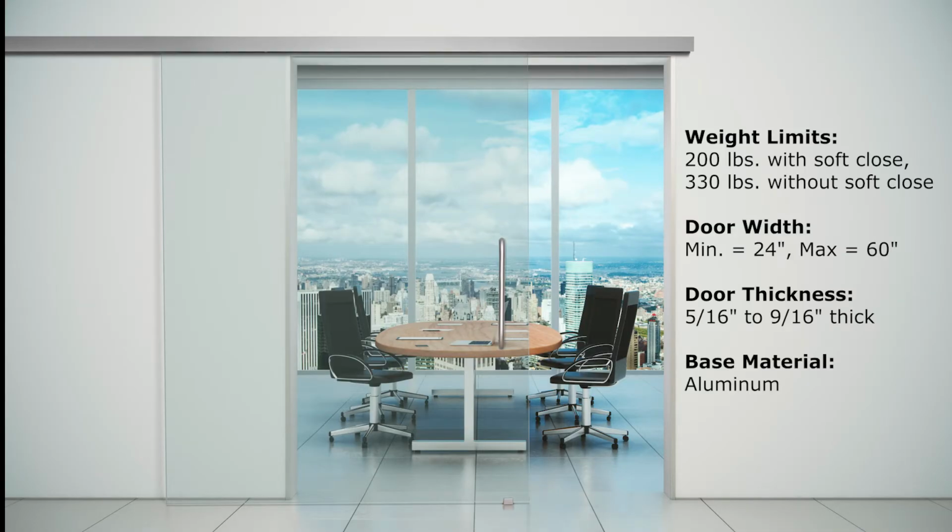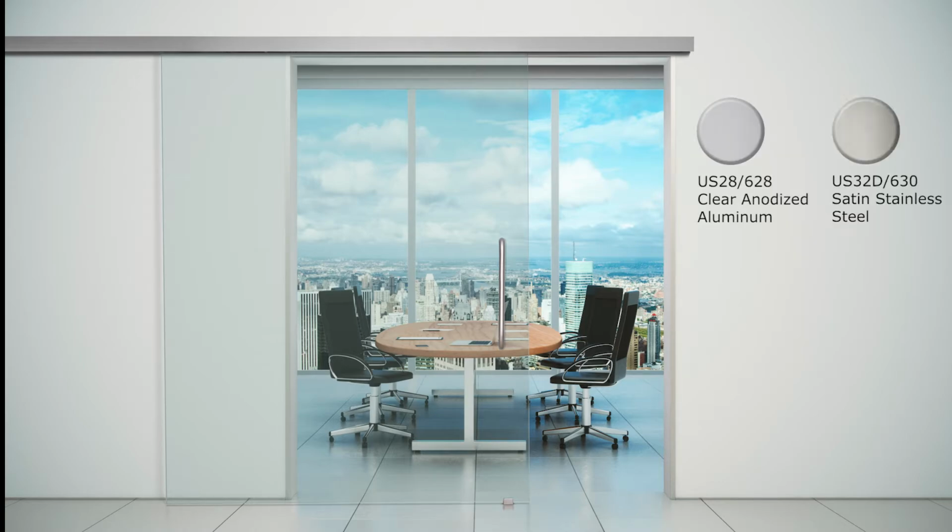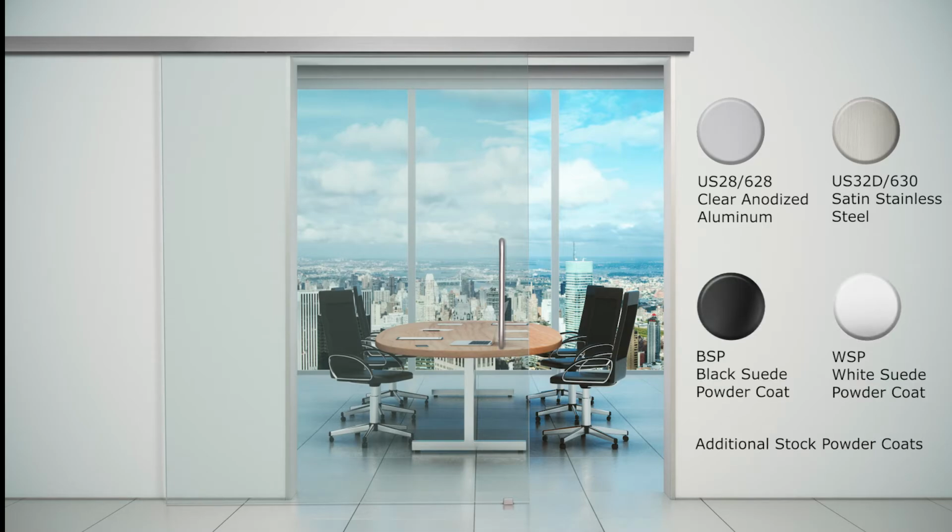The system is compatible with doors up to 200 pounds with a soft close device and 330 pounds without, between 24 and 60 inches wide and 5/16 to 9/16 inch thick. The base material is aluminum. Multiple finishes including clear anodized aluminum, satin stainless steel, black and white suede powder coats, as well as additional stock